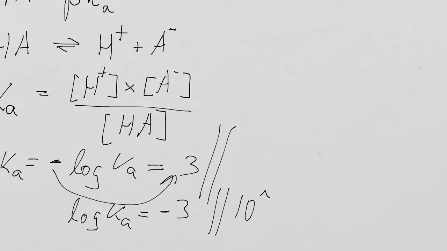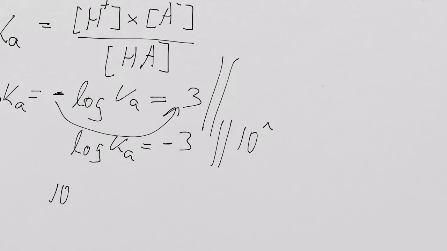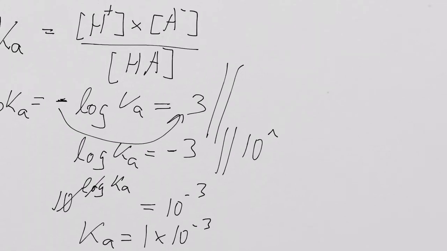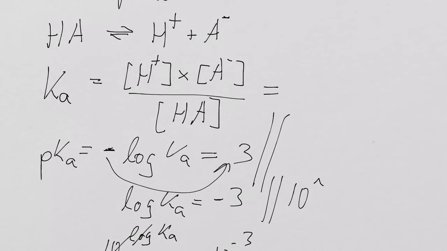And then we take both sides 10 to the power. 10 to the power of log Ka equals 10 to the power of minus 3. 10 and log cancels out. So our Ka equals 1 times 10 to the minus 3. Make sense? And if we just put that up here, equals 1 times 10 to the minus 3,